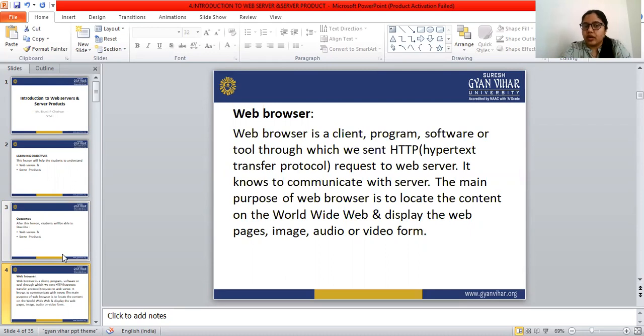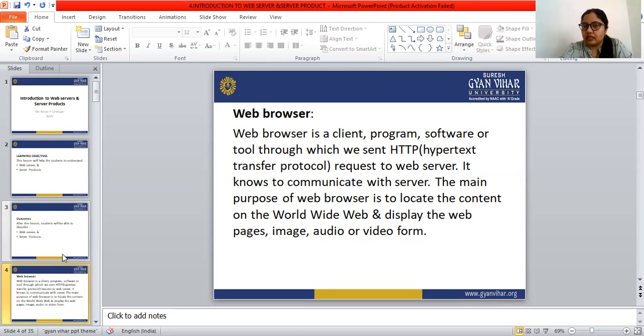The web browser is a client through which we send an HTTP request to the web server. If we want to search for anything on Google, we type it in the web browser.